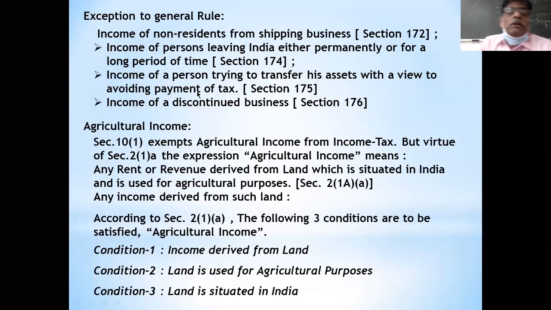And next we will see agriculture income. An important term is agriculture income. Agriculture income under section 10 subsection 1 is exempted from tax, which means it is not a taxable income. It is free from